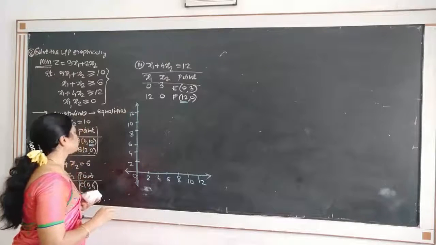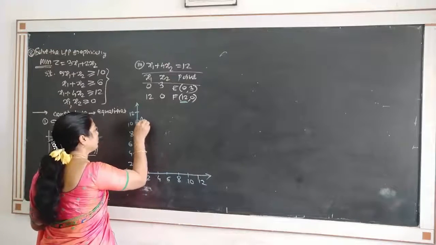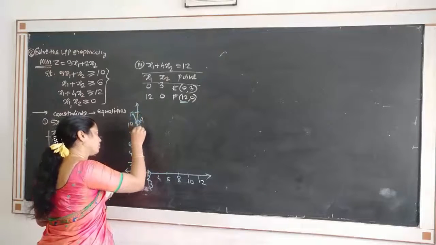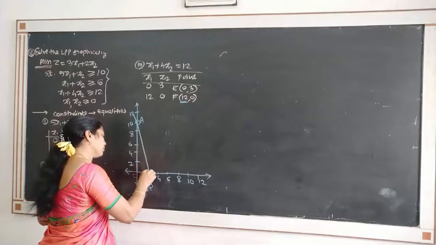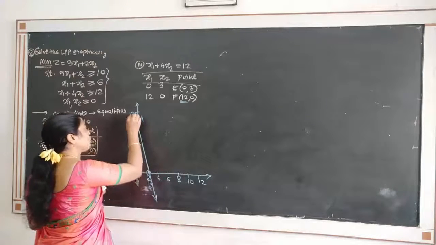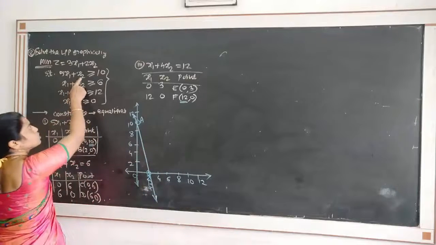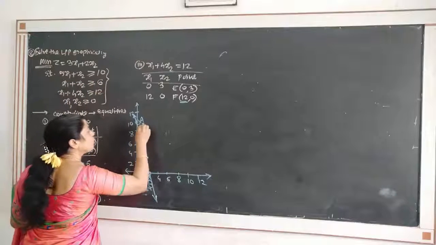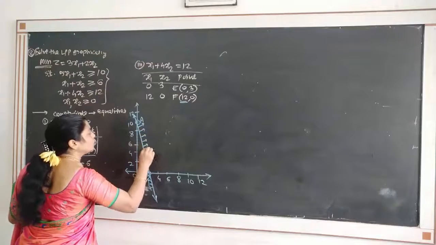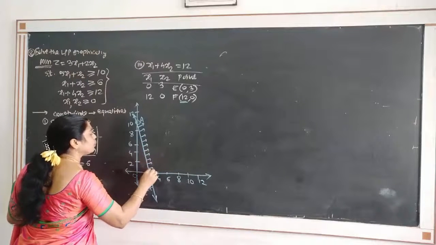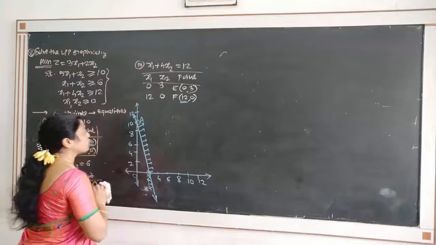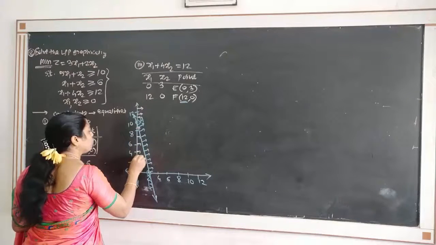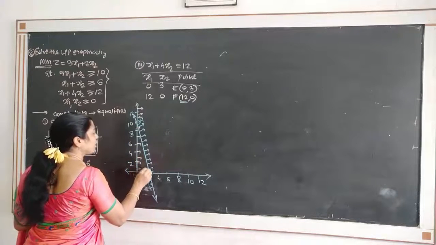The first point comes to be (0, 10), that is A point, and (2, 0), that is B point. Draw the line. Which region is required? If you put the origin, 0 is not greater than 10, so we don't want the origin in the region. We want the non-origin side region, which does not contain the origin. Because we have x1, x2 greater than or equal to 0, we obviously have the first quadrant, so we draw the lines for x1, x2 greater than or equal to 0.